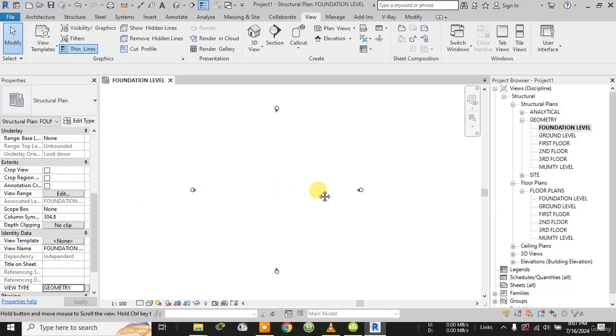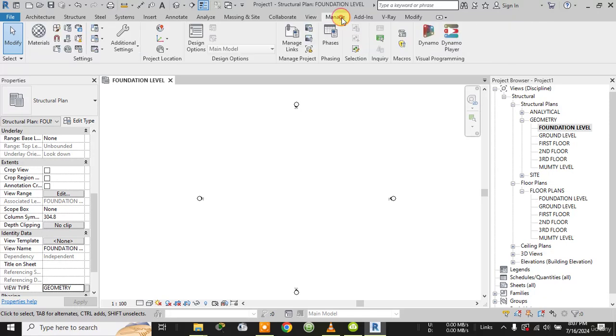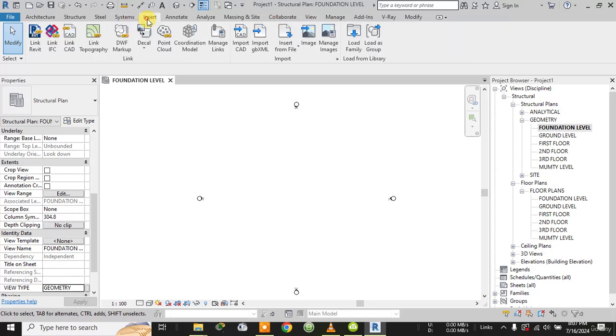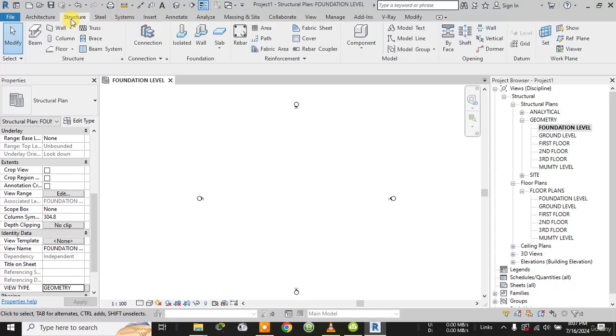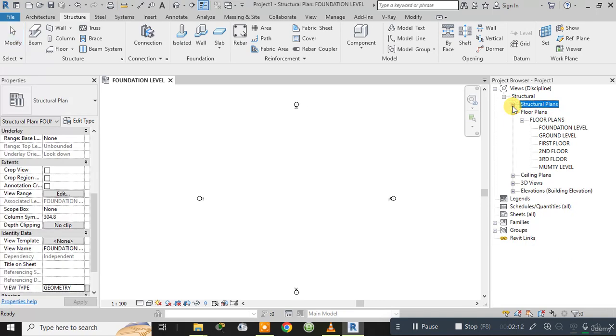In the foundation level between the cameras, now I will create the grids, and for creating the grids, you need to go to the structure. First moving to the foundation level, not in the structural plan, I have to minimize the structural plan. I have to move to the foundation level of the floor plan, because everything is done